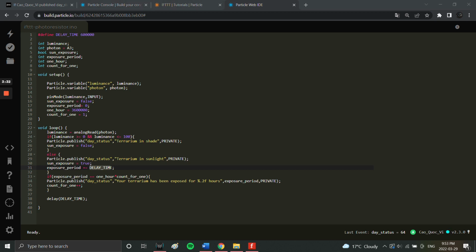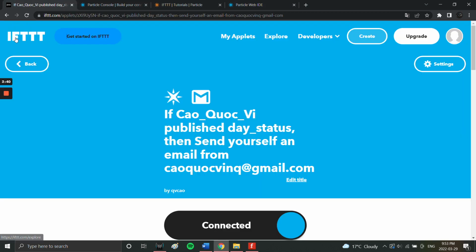And the whole idea is that whenever the Particle Argon publishes an event, IFTTT receives that event and gathers the whole event to send it to my personal